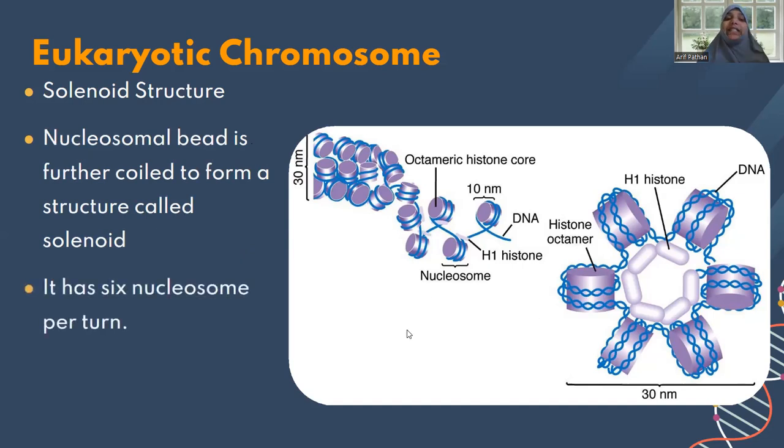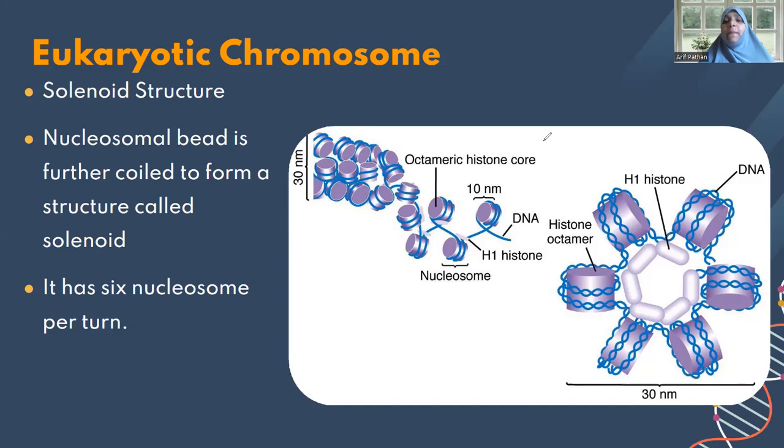It has 6 nucleosomes per turn. So 6 nucleosomes will come together and bind around themselves with the help of the H1 protein, like you can see over here. Now they are coming closer. Earlier they were